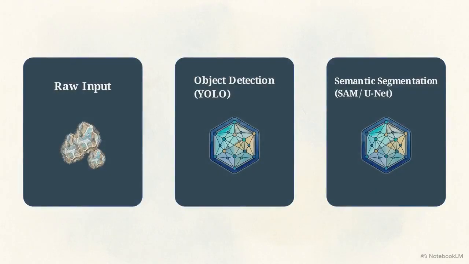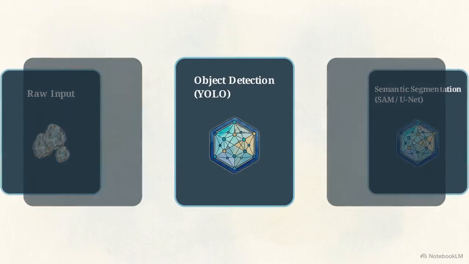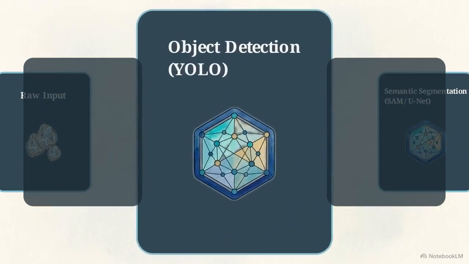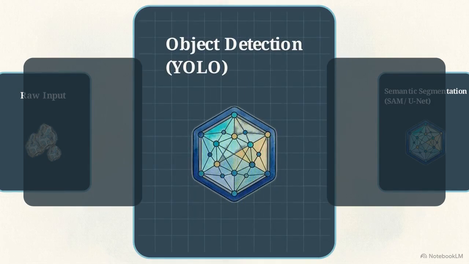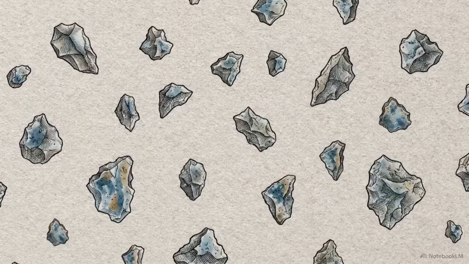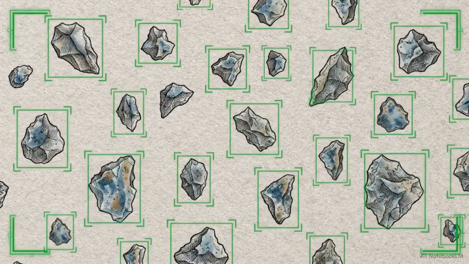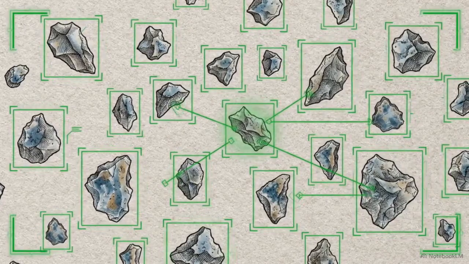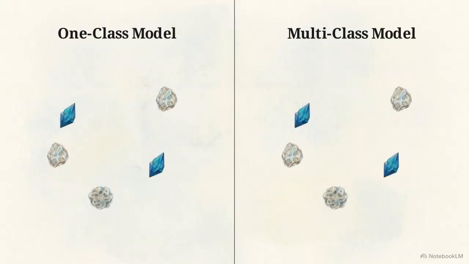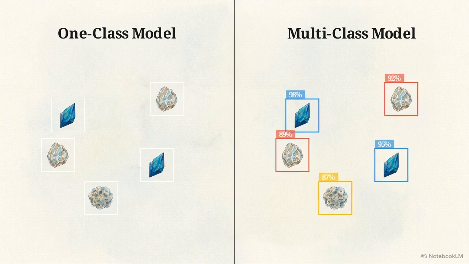Quantifying microplastics requires a multi-stage architecture that moves sequentially from spatial detection to pixel-level segmentation. The first stage is object detection, utilizing the YOLO architectural family. YOLO rapidly scans an image and draws a spatial coordinate boundary around anything it identifies as a target particle. Our baseline experiment trains a one-class model to detect the binary difference between particle and background. We then progress to a multi-class model, differentiating specific material types.